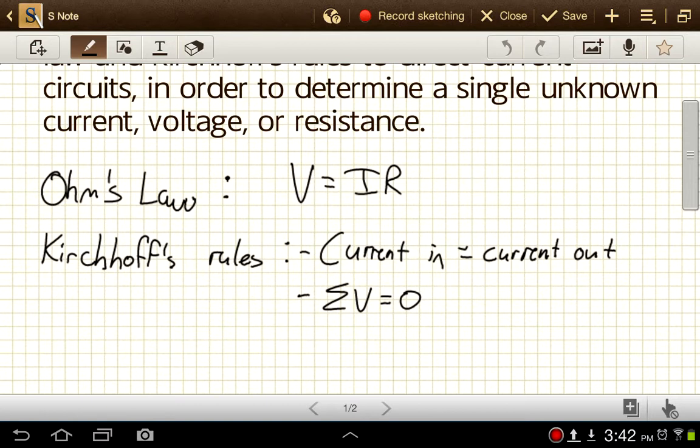Kirchhoff's rules are stated in a number of different ways, but the first rule, the rule about current, says that if we look at some individual point, usually an intersection between a couple of wires or a couple of different components, the current going into that spot and the current leaving that spot have to be equal to each other. So if, for example, we have, let me redraw that, a couple of resistors that are all meeting at this spot,